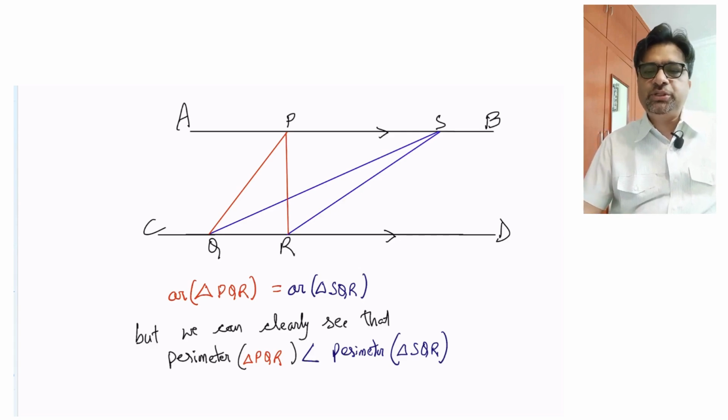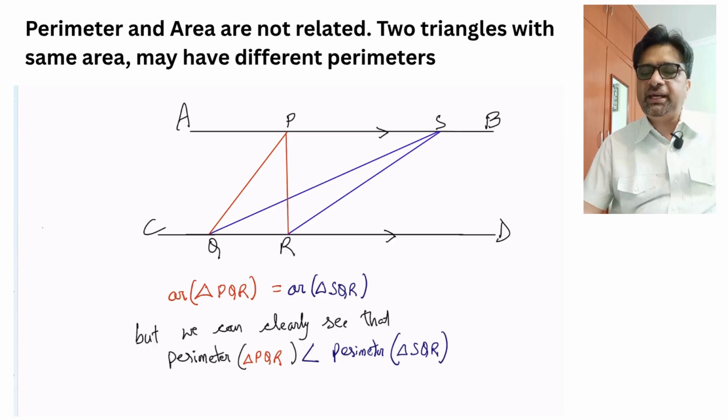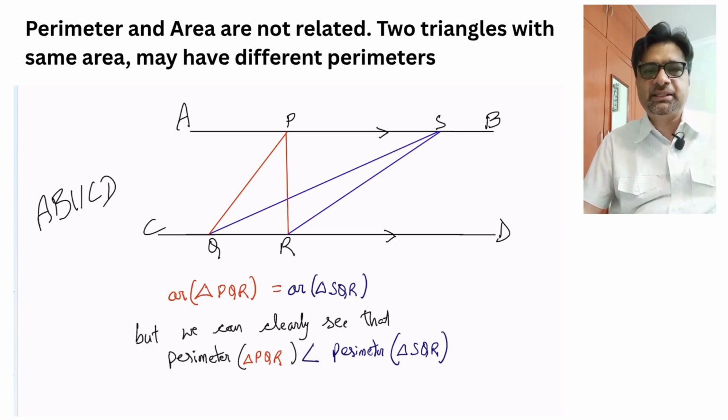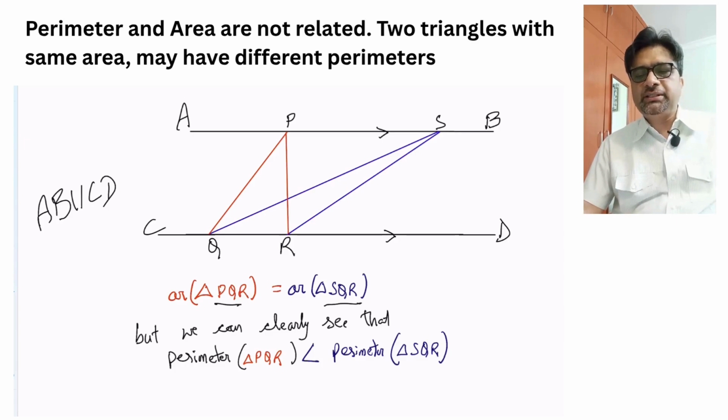In this case, you would see that we have AB and CD as parallel lines. Again, AB and CD, this is more or less a similar setup, same setup as we had in the last one. In this case, you see we have two triangles on the same base, and those triangles are PQR and SQR. Very interestingly, as you can see, it is obvious. We don't have to prove geometrically. It is obvious. It just stares at us, in fact, that even though these two triangles have the same area,